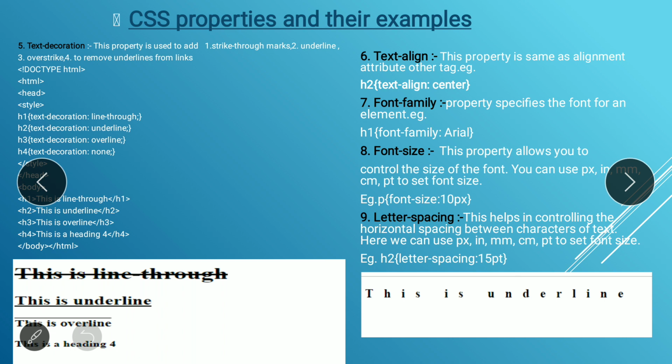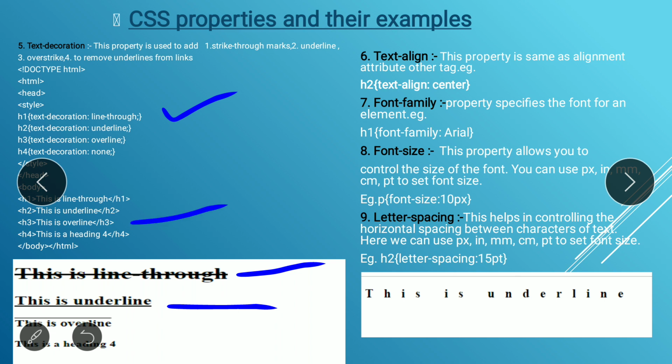Okay, so here I used main 4 headings H1, H2, H3, H4. You can see here in H1 I write text-decoration colon line-through. So you can see here in H1 there is a line which is drawn from the center. Okay, that means this line you can see goes through the center. That is the use of the line through. Next is the underline for the H2. You can see here underline is nothing but the U tag, right.